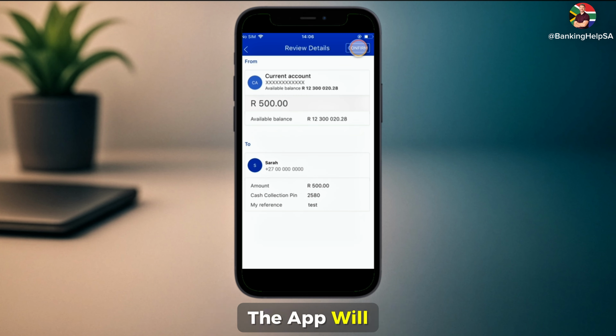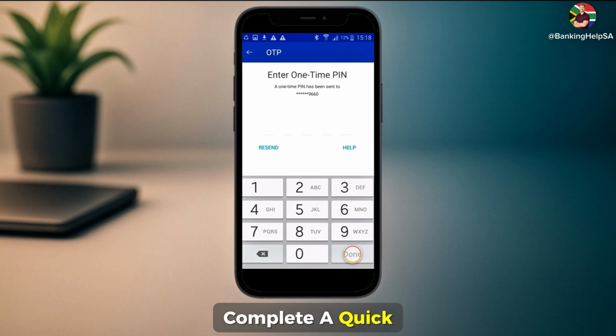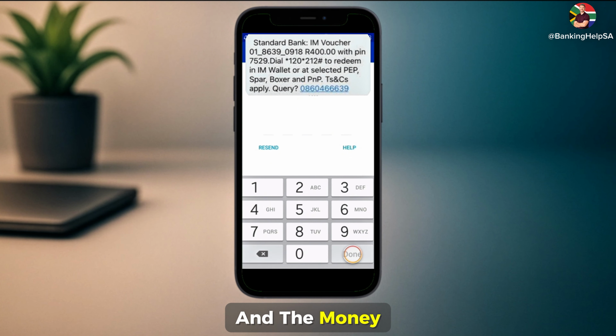After you confirm, the app will process the redemption. Depending on your setup, you may be asked to complete a quick security step in the app before it finishes. When the process is complete, you'll see a confirmation message, and the money will be paid out based on the